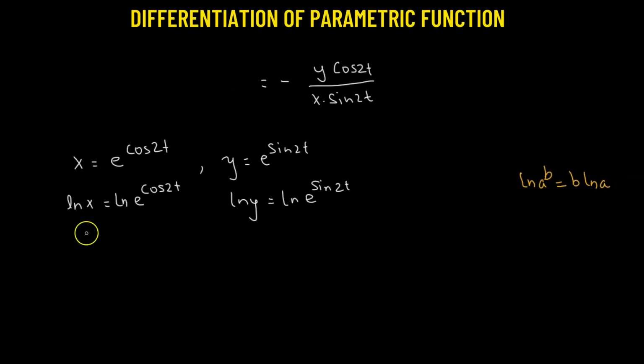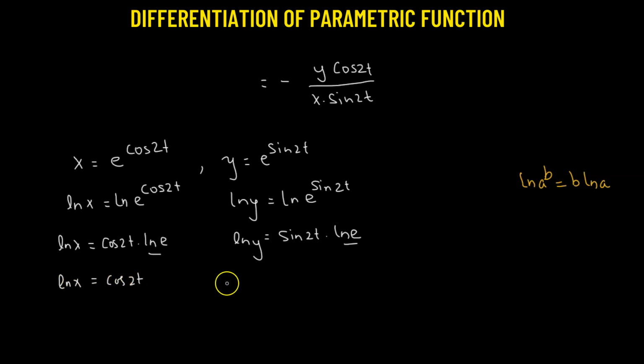So that means we have log of x equal to cosine of 2t multiplied by log of e, and we have log of y equal to sine 2t multiplied by log of e. Now by definition, log e is always equal to 1. So that means we have log of x equal to cosine of 2t and log of y equal to sine